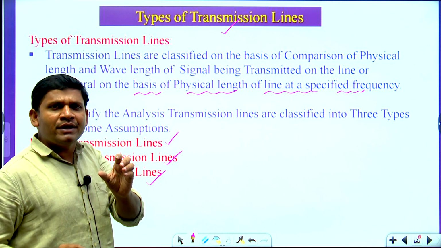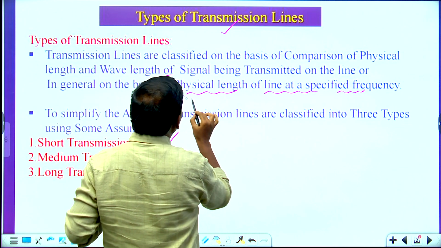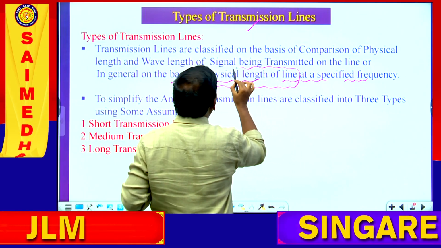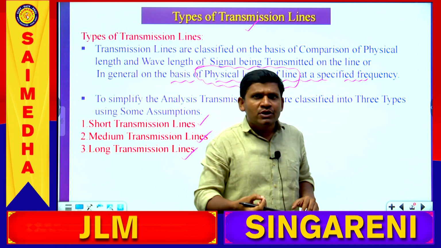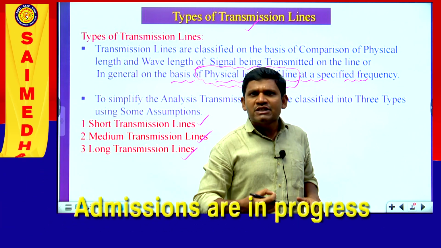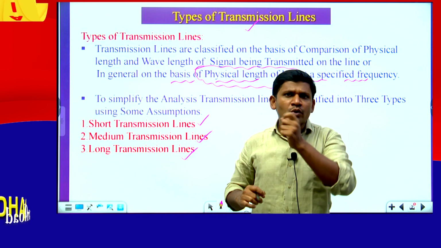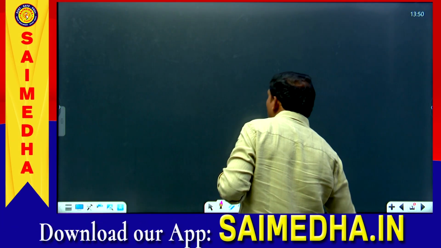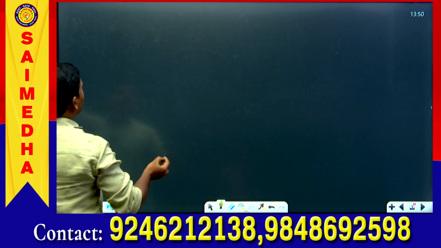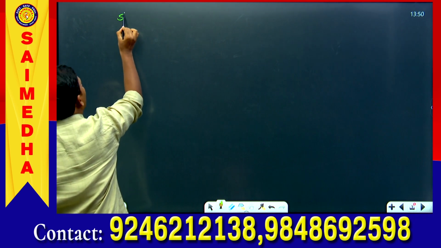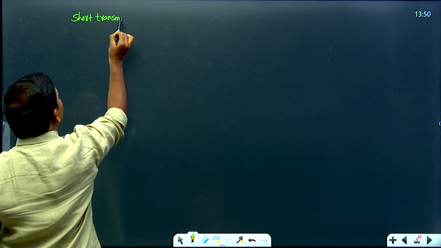One of the expected questions based on this point is, based on which basis the transmission lines are classified? Based on the physical length of the line. Now the question is, when is a particular line said to be a short transmission line, medium transmission line, long transmission line, what are the differences, students? From the differences also we can expect the question. You have to concentrate. What are the differences between short, medium and long transmission lines, students? Very important observation, students. Surely we can expect one question from this observation.